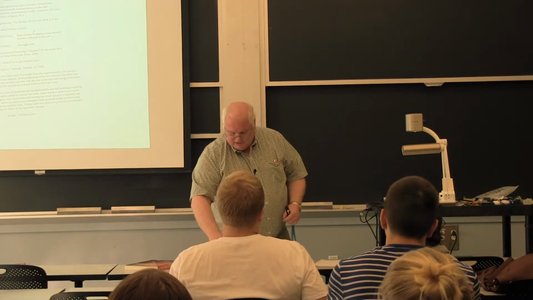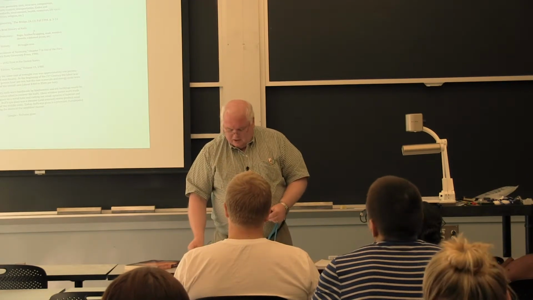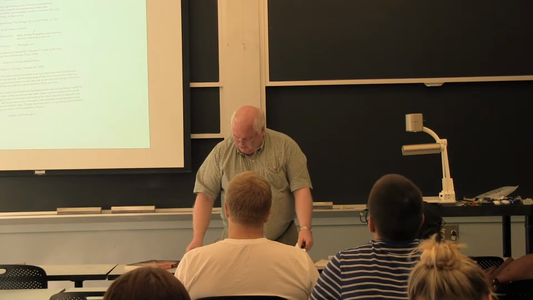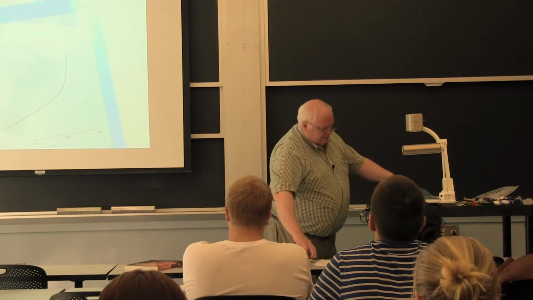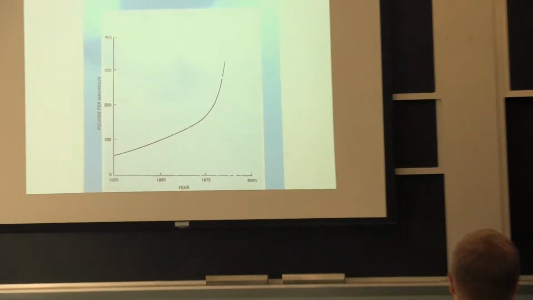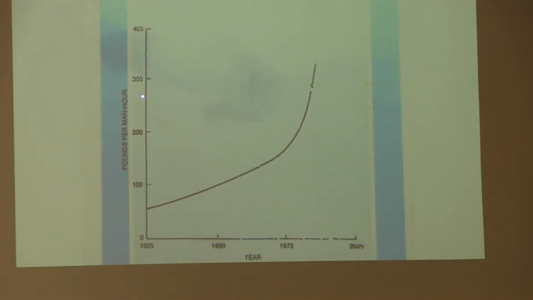Anyway, so there's a revolution of necessity. But nails, the history of nails, I've kind of gone through that. We've talked about the revolution of necessity. If I look at steel making more recently than going back 400 years ago, starting in 1925, it was about 50 or 60 pounds per person hour. So it'd take 40 or 50 hours worth of labor to make 1 ton of steel in 1925. And this is going up to about 1980. It was getting to the point of 6 hours a ton about 1980. And what happened in 1980?